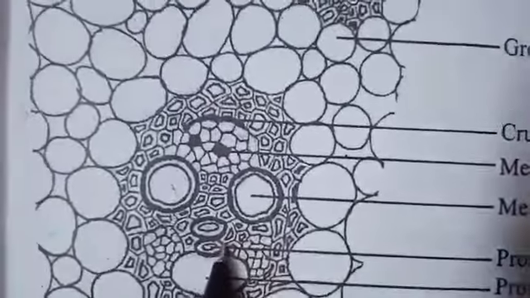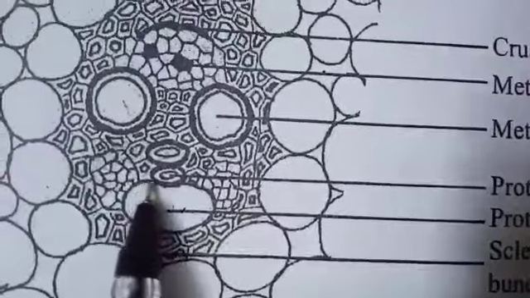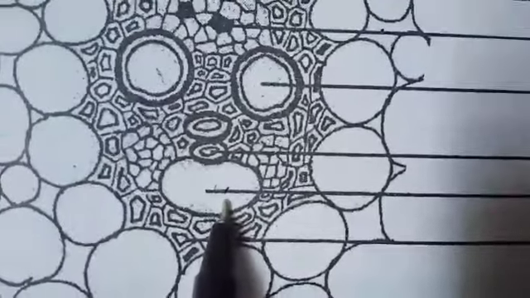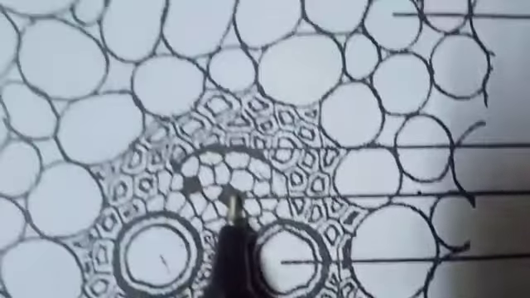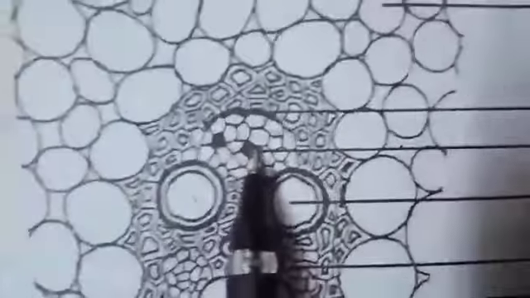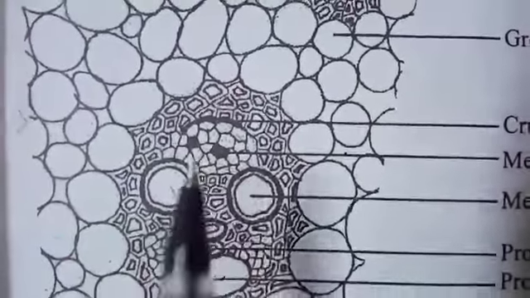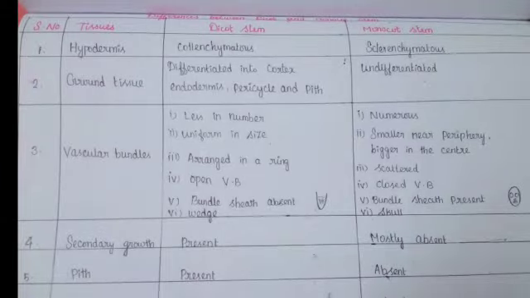In a mature vascular bundle, the lowermost protoxylem disintegrates and forms a cavity. This is called the protoxylem lacuna. Phloem. Phloem consists of sieve tubes and companion cells. Phloem parenchyma and phloem fibers are absent. Next, pith. Pith is not differentiated in monocot stems.